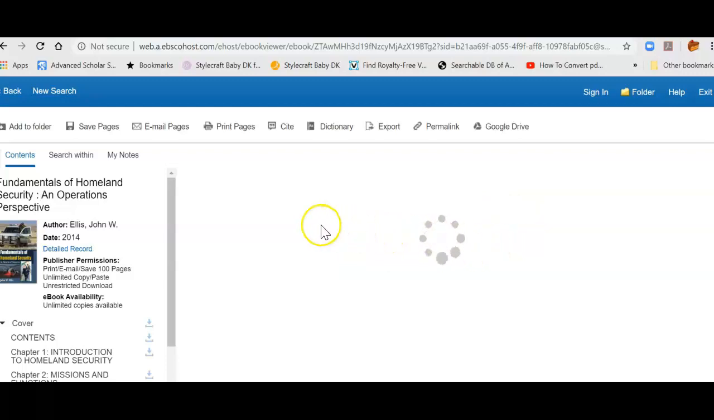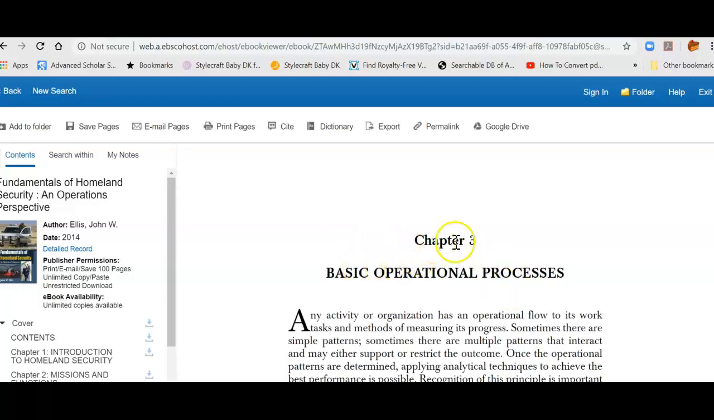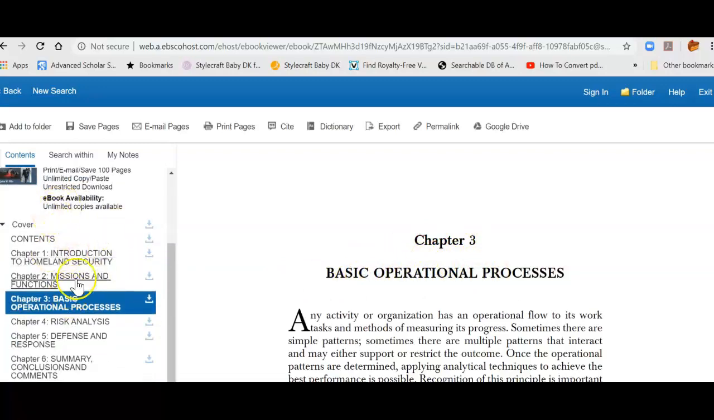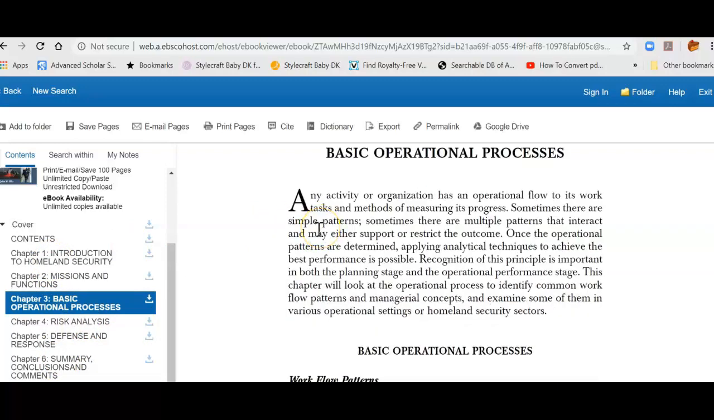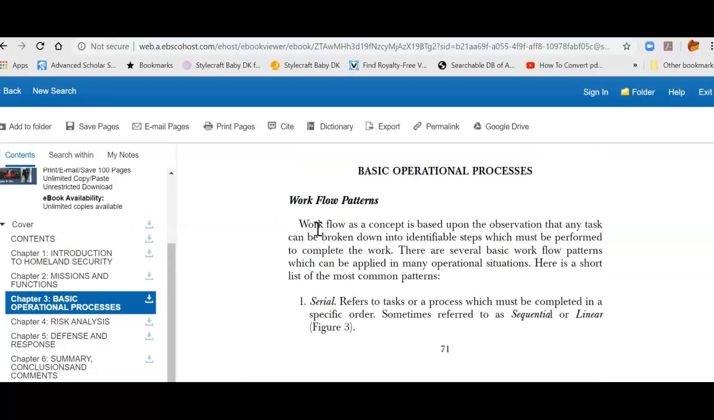Now, this is the chapter. It started from page 71, and it took me directly to chapter 3. You can see on the side, if you want to check which chapter, maybe you want to go to chapter 5 or chapter 4, or you want to go to the summary, or you want to read about the introduction. It depends on your preference. It's very easy to use. You can use a dictionary here to look